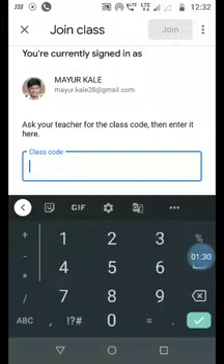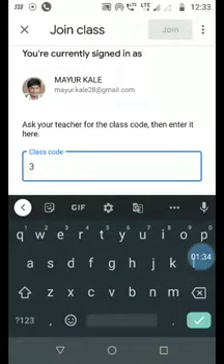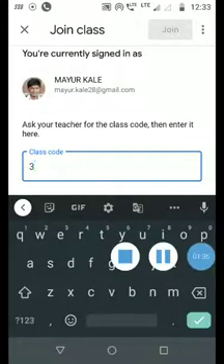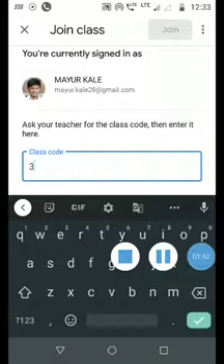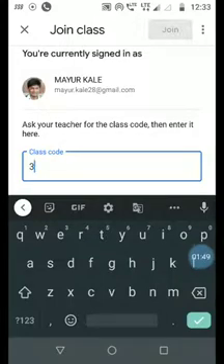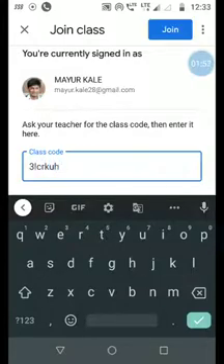So the code is 3L CRKUH, right? So this is my class code, and click on join.